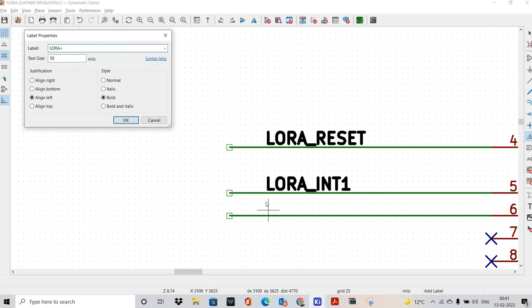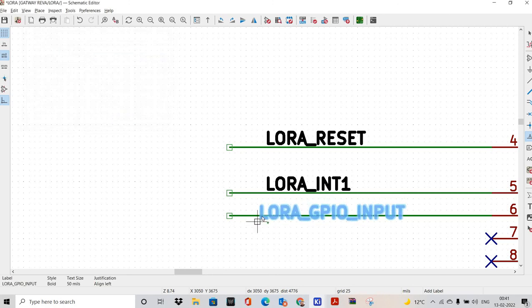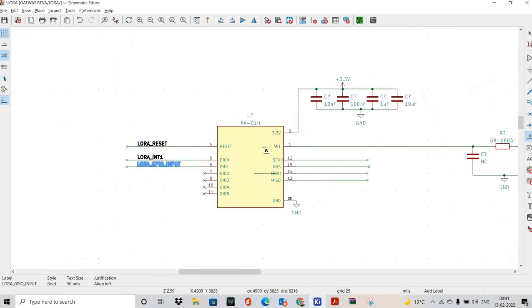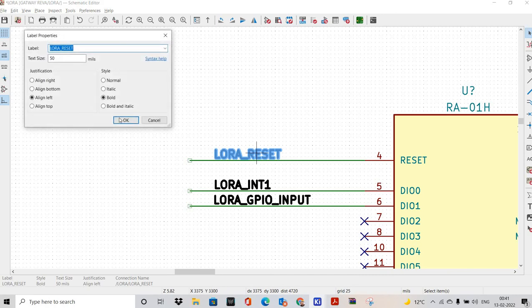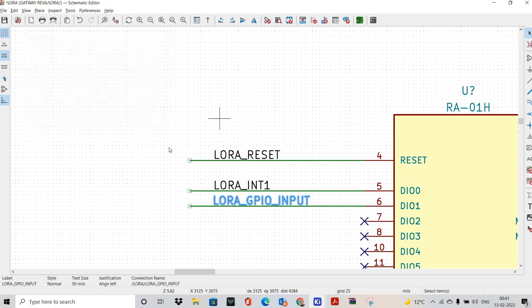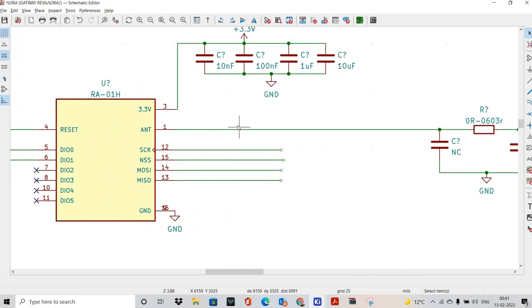Lora GPIO input. Okay, oh, these are bold, it has to be normal. Okay, and then